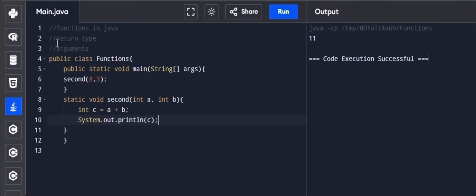So let's talk about return type now, what return type actually is. Here we are giving the return type as void, which means this function isn't returning anything, it's just printing out the value in here. But suppose I want to return the value of a plus b from this function. I don't want to print it, I just want to return the value. We can do it too,